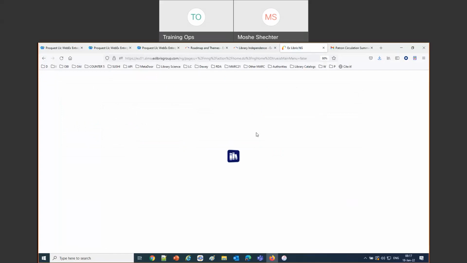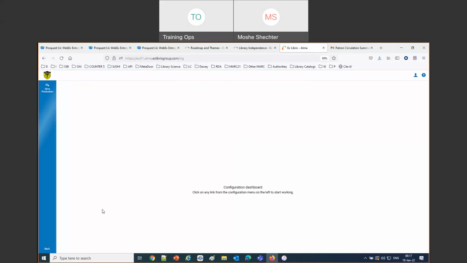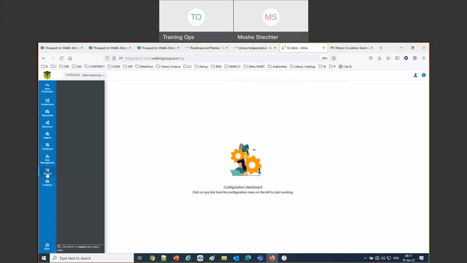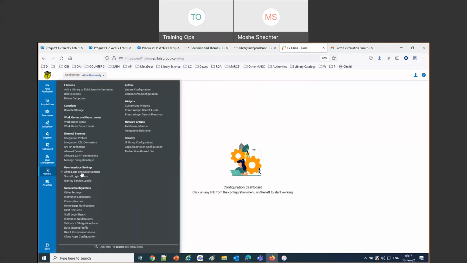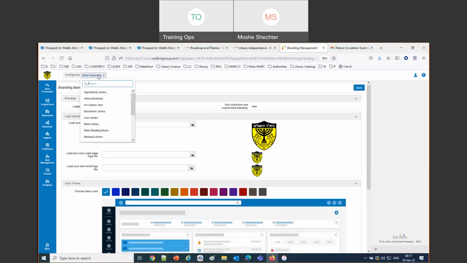Then we'll do the same for the medical library, and we'll choose a unique logo for the medical library. So again, general, user interface settings, Alma logo and color schemes, and we'll choose medical library.